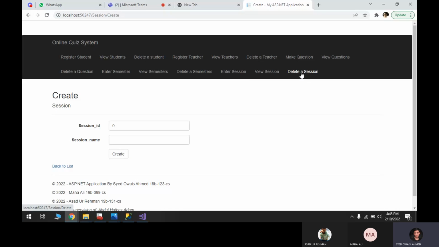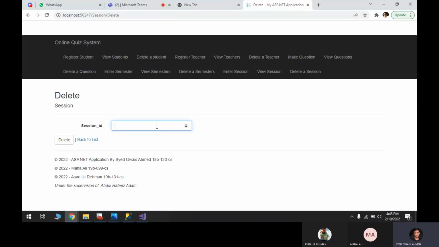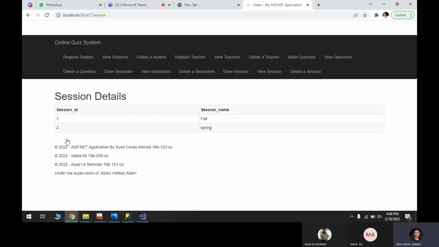And if I want to delete any session, you can see we have 3 sessions: session 1, session 2, session 3. Session 3 is summer. If I want to delete summer, I will just put the session ID number 3 and press the delete button, and you can see session ID 3 has been